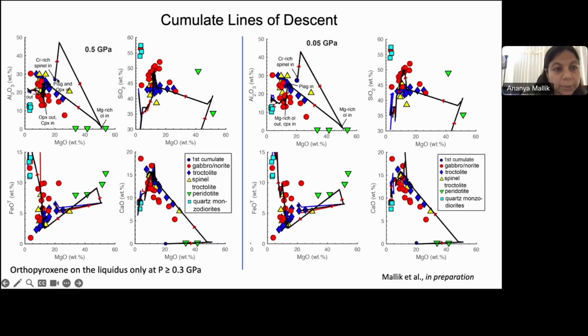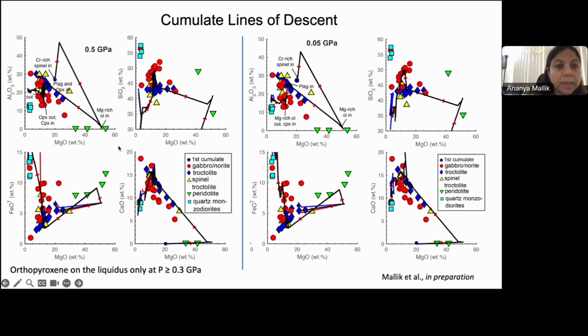And these arrows tell you the direction along which the cumulates are evolving as you fractionally crystallize that primary liquid. The other thing to note is that some of these figures have black lines, whereas some of them have red curves as well as blue curves too. The red, blue, and black curves represent individual FO2 conditions. In most figures, we only see the black ones because the effect of FO2 is so minimal in these simulations that all of these curves mostly overlap with each other. So what we can at least infer is that FO2 does not have a strong effect on any of these